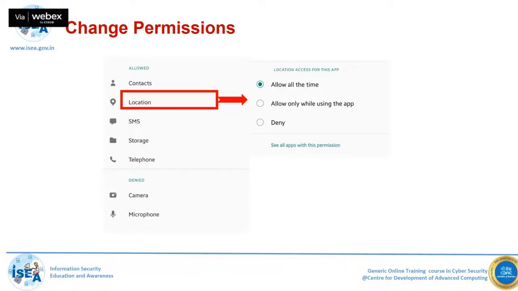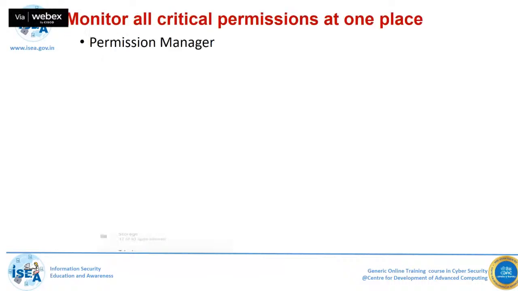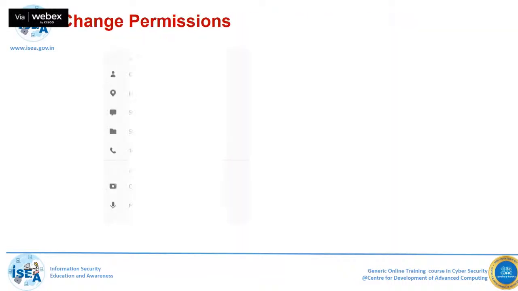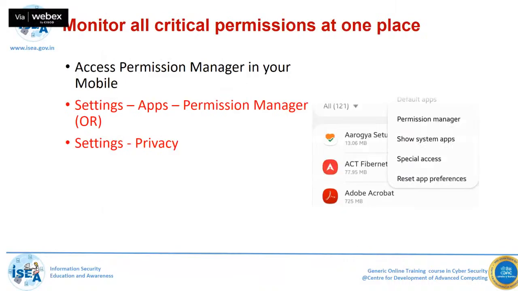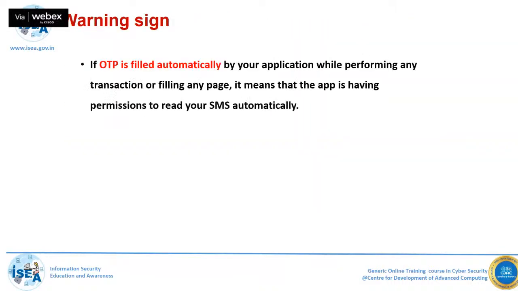If you deny the permission, no problem. Whenever you open the app, it will give you a notification that this option is disabled. You enable this option and make use of it. Once the usage is over, deny that again. You have to do this at regular intervals, and ensure that SMS, location and all should be disabled. Whenever you are accessing any mobile application, you should make use of it.